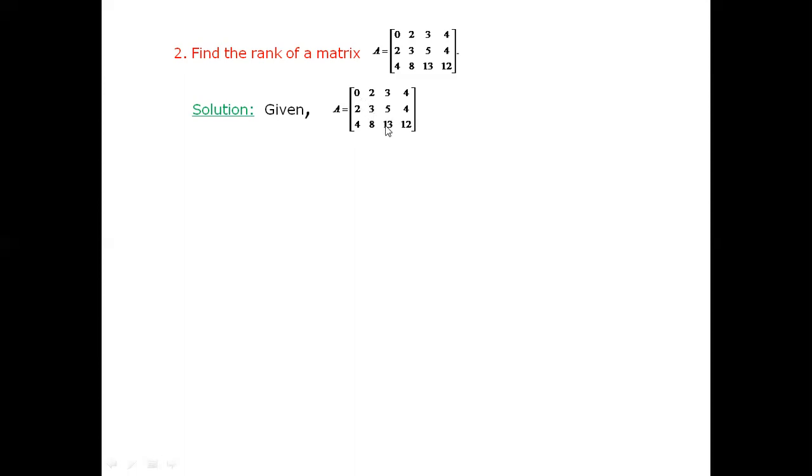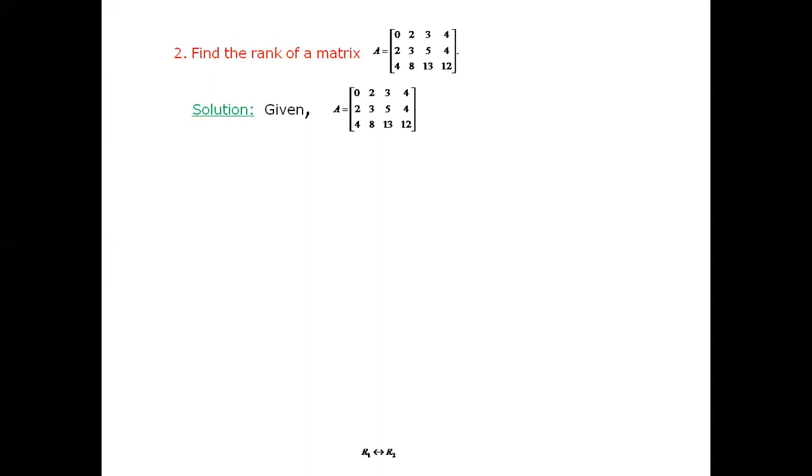Now, first, to reduce it to echelon form, the procedure says the leading entry of a row should be non-zero. See, we are starting here. I mean, first step we are doing. In the first step, I'm concentrating only on the first row. So this is the first row. And according to the procedure of echelon form, the leading entry of a first row means the first element should not be 0. But here you can observe that we have 0. So first row, first element should not be 0. So since we have 0, let us bring a non-zero element to this place by interchanging any 2 rows.